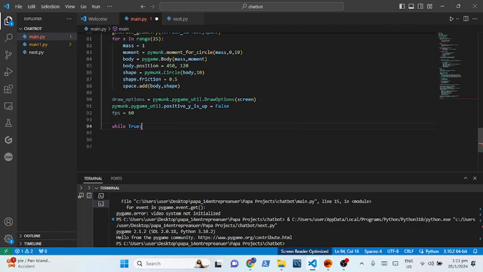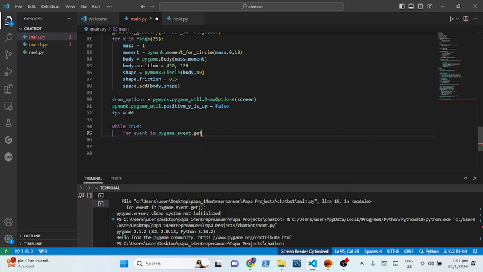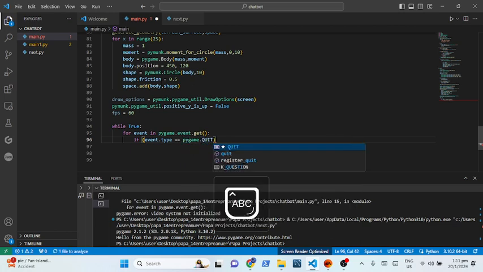So while everything is going true, for event in pygame.event.get, what I want to say is if event.type is equal to pygame.QUIT